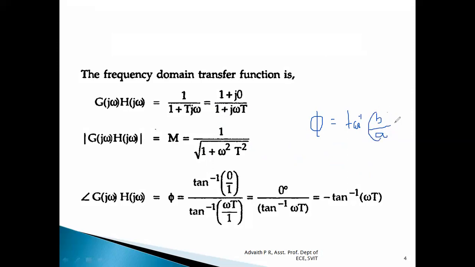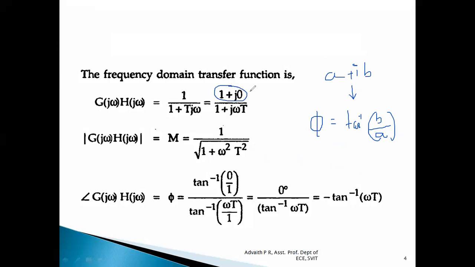Tan inverse of b by a. So when we have a complex number which is in the form a plus ib, we can obtain its angle by using the formula phi is equal to tan inverse of b divided by a. Let us consider the numerator part. In the numerator part, what is the equation? We have 1 plus